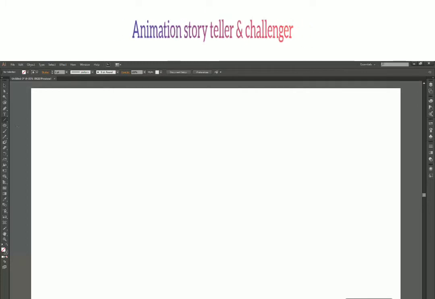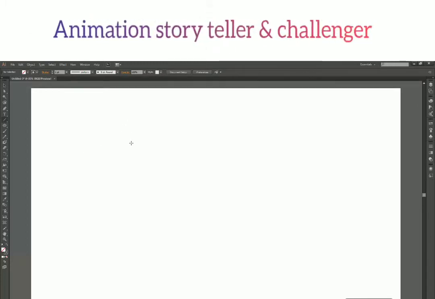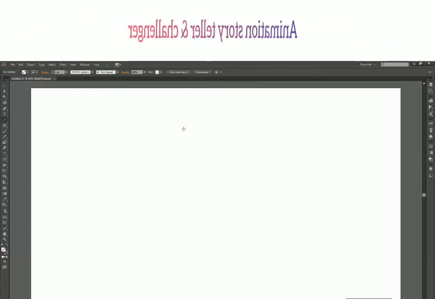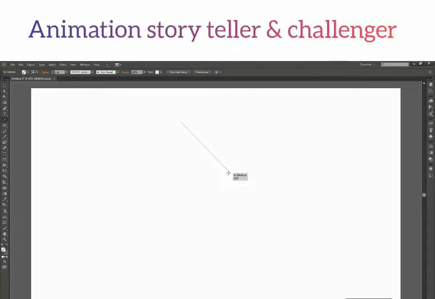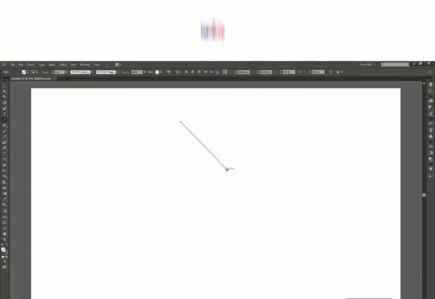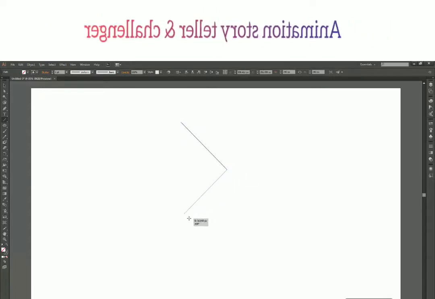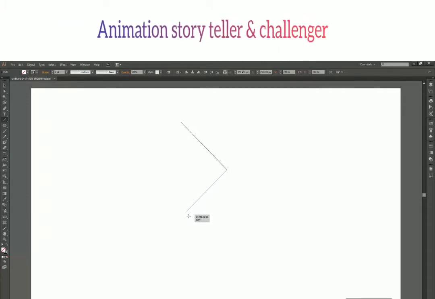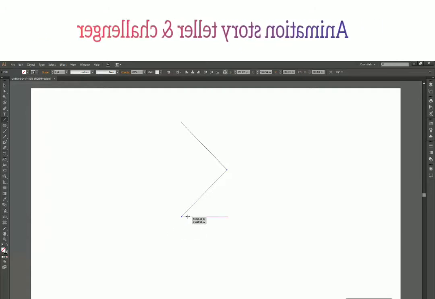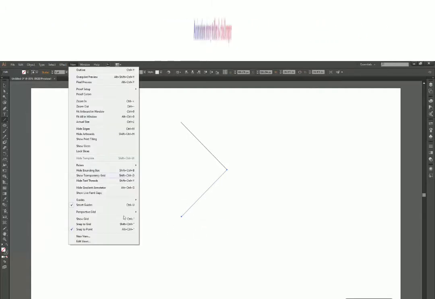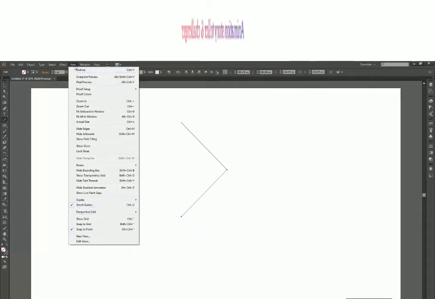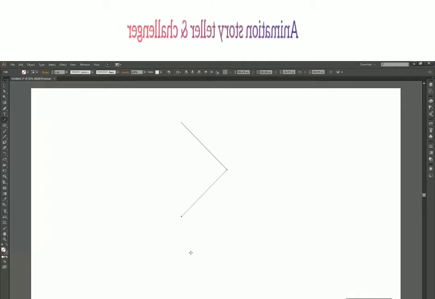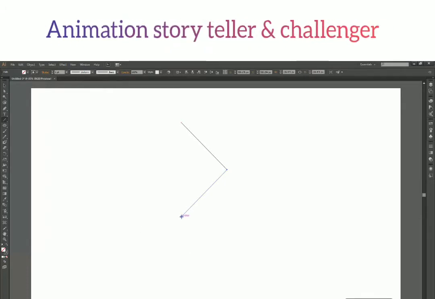So with that learned, let's create a square using this technique. I'm going to click and drag and hold the shift key to get the line at a 45-degree angle. And again from this anchor point, I'm going to create another line. I'm holding the shift key and there I have my line. I think this is fine. Now note that you should have your smart guides on while doing this because it will automatically snap your starting point to the anchor point of a previous line.